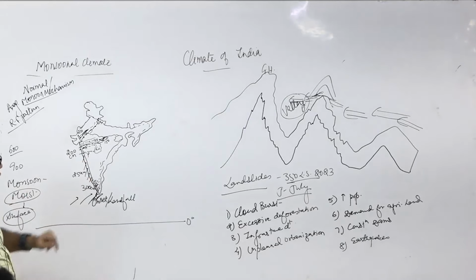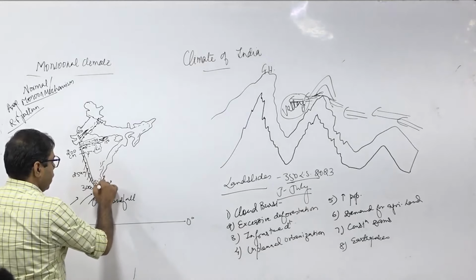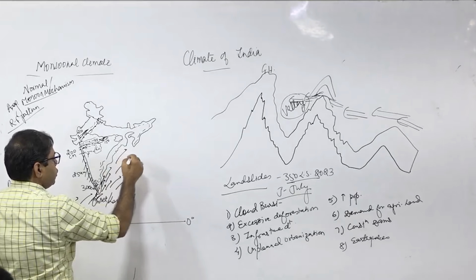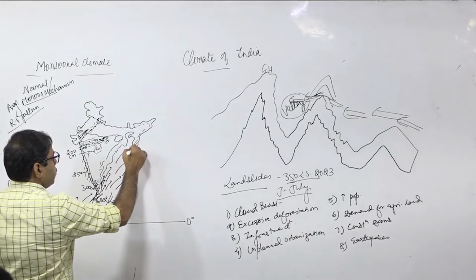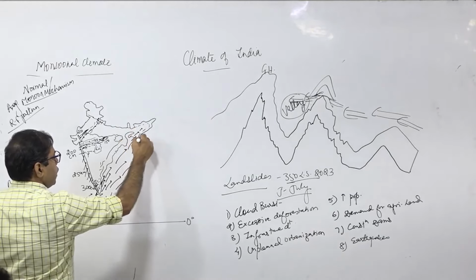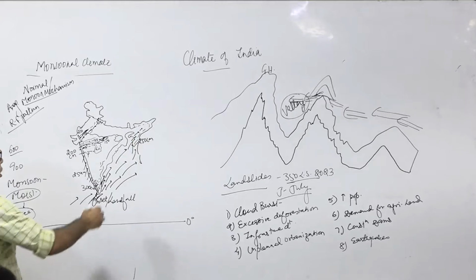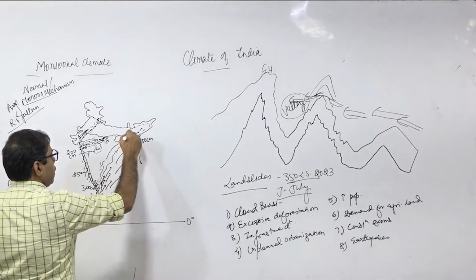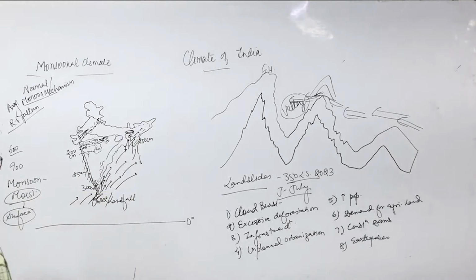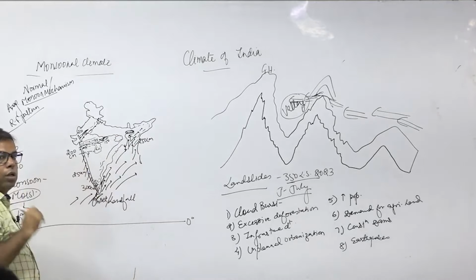Now after this is the Bay of Bengal branch. The Bay of Bengal branch runs parallel to the Coromandel coast, and then gains moisture again from the Arakan Yoma, deflects to the east and enters the northeastern hills of India. So there is 250 centimeter rainfall in the northeastern hills, Nagaland, Manipur, Mizoram. These monsoon winds enter the Meghalaya plateau, Garo, Khasi, Jaintia. The world's highest rainfall has been recorded here. And in Kolkata, rainfall is 200 centimeter.